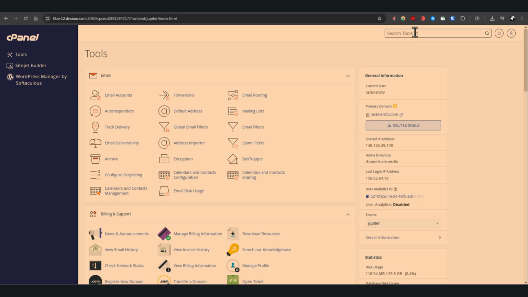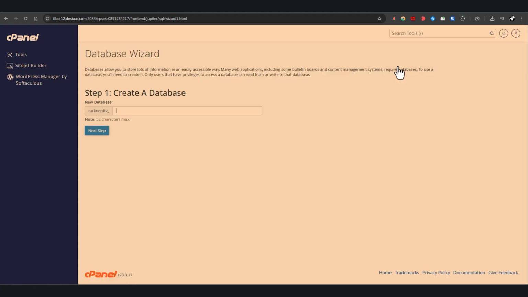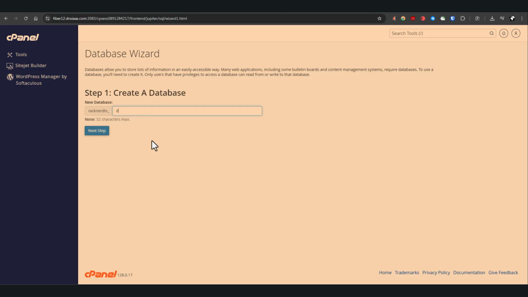Once you're logged into cPanel, scroll down to the database section and click the database wizard. This tool walks you through 4 simple steps to get a fully functional database. In step 1, we'll start by creating a new database. You'll see a field labeled new database where you can type the name of your database, something like demo in